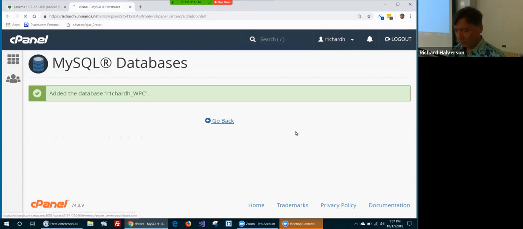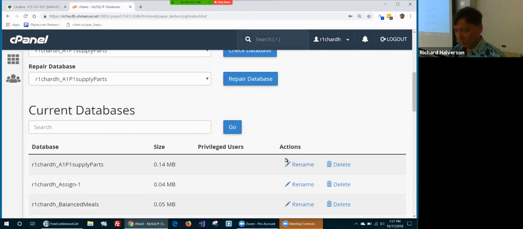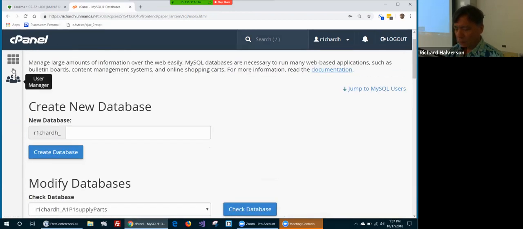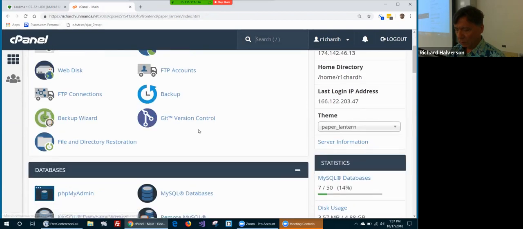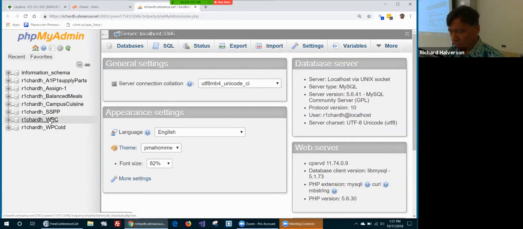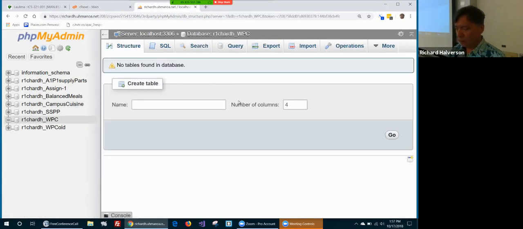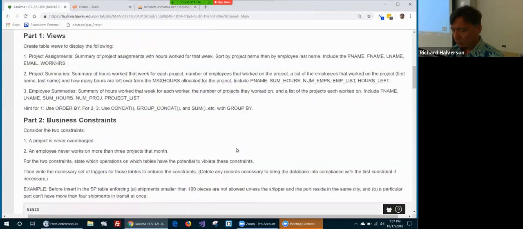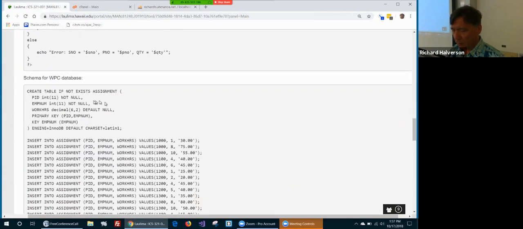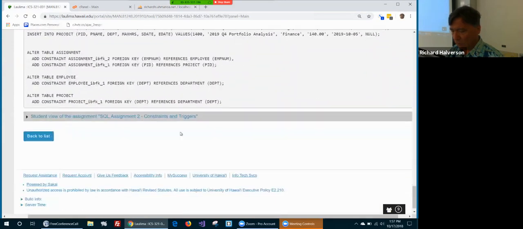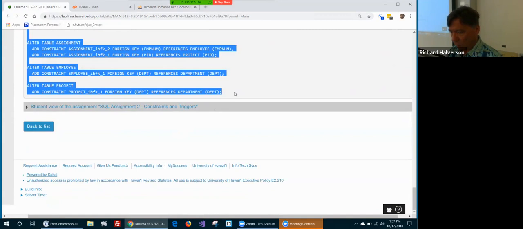And there it is, WPC. Okay, now I'm going to go to phpMyAdmin, and I'm going to go into WPC, and here it is, got no tables, and I'm going to open up an SQL window, and I'm going to go back here, and I hope this works. I'm going to go down here, and I'm going to grab this all the way down to here. I'm going to copy,